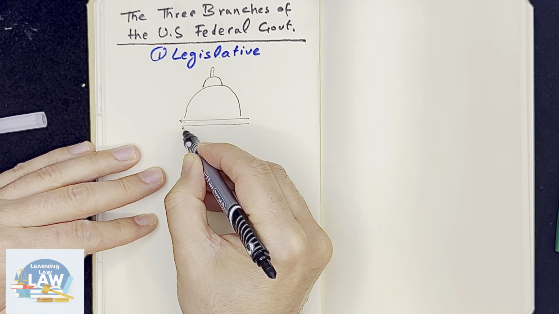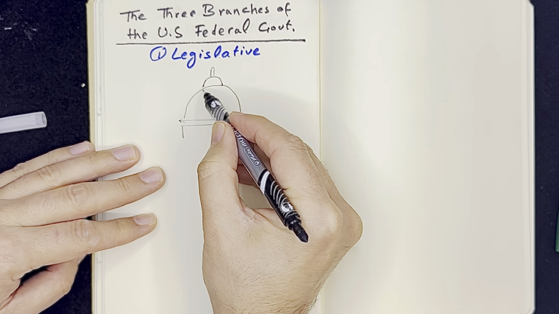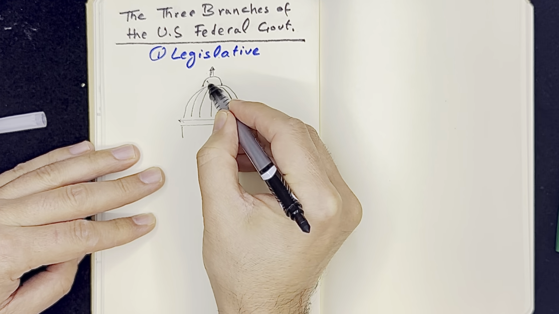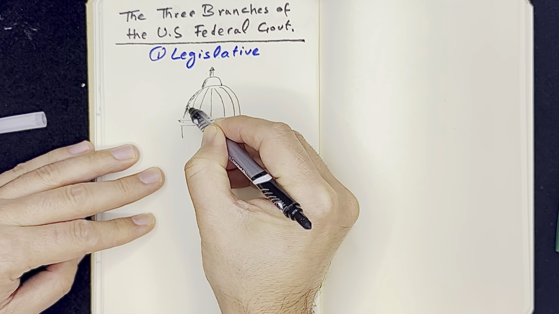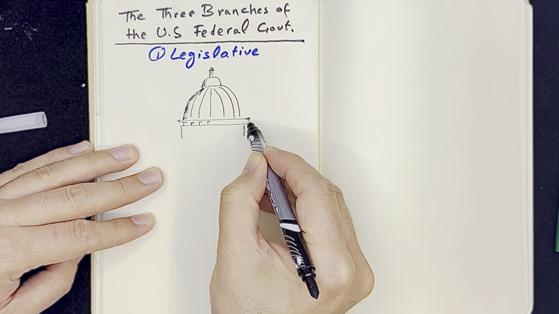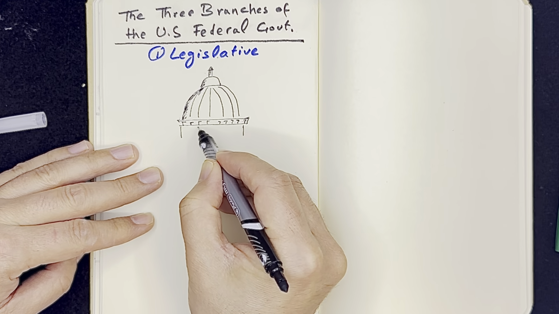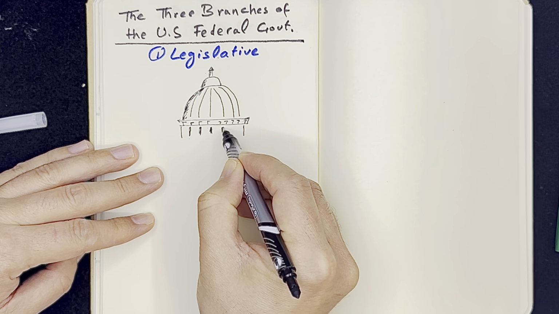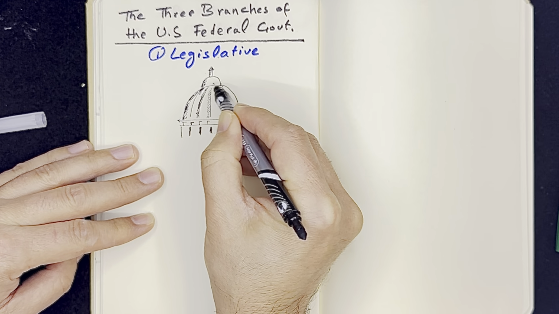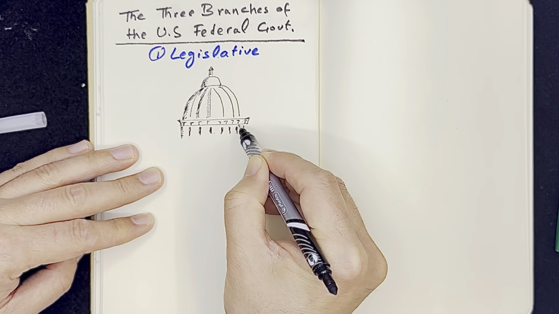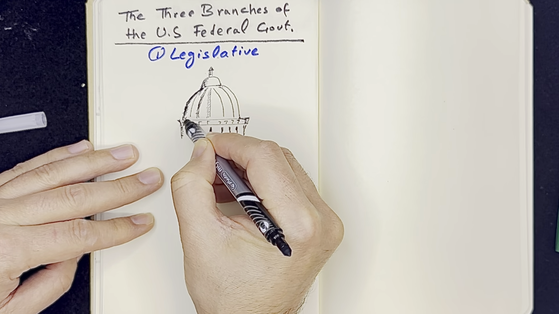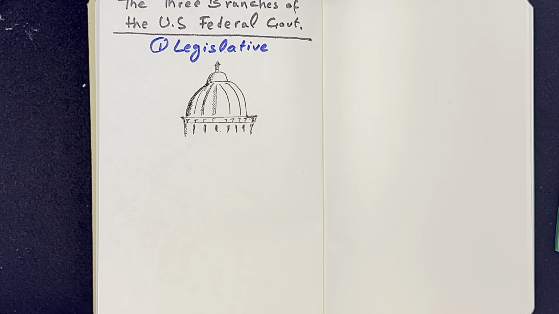The legislative branch, also known as Congress, holds the power to create, debate, and pass the laws that govern the land. The House of Representatives and the Senate work together to shape the nation's future, approving budgets, declaring war, and even holding the power to remove a president from office. But as mighty as Congress is, its authority is not without limits.